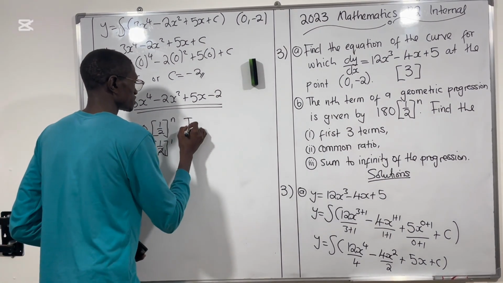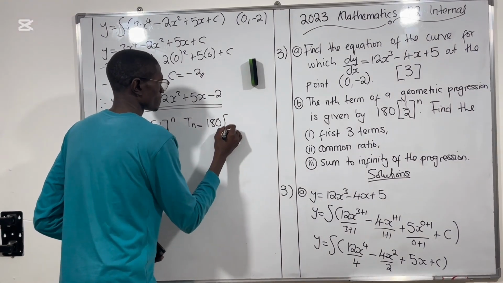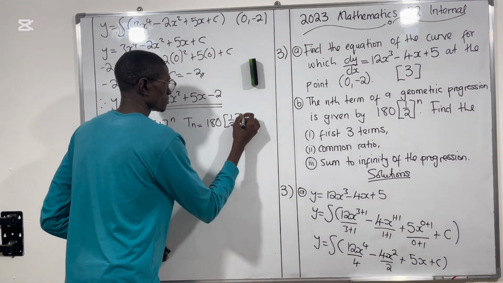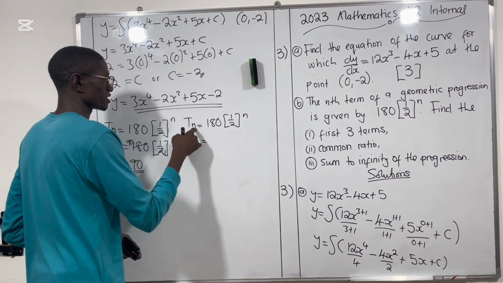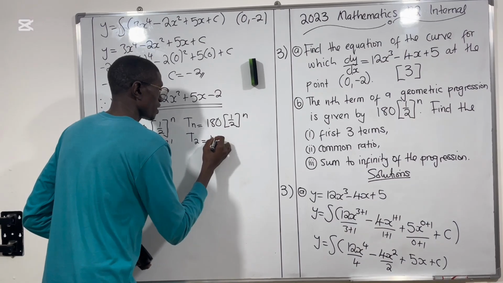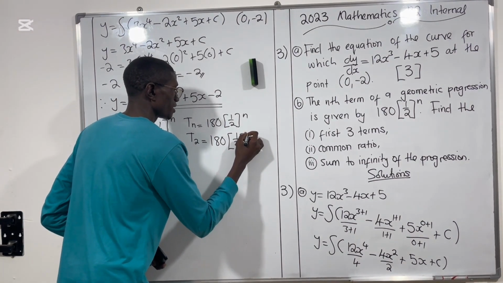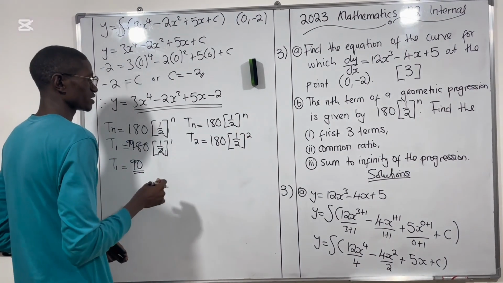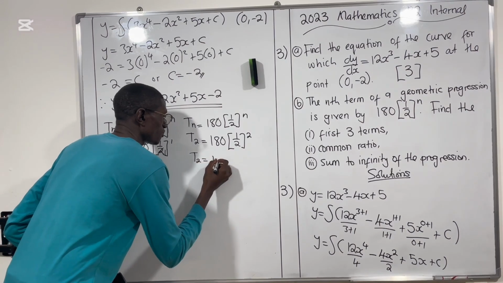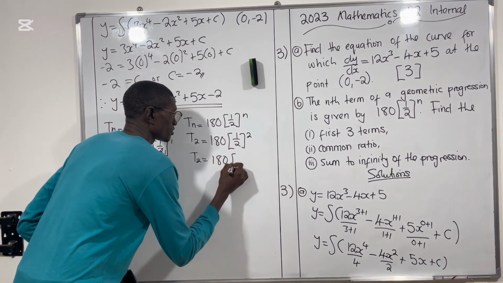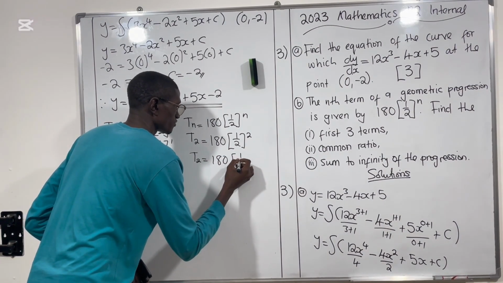We come to the second term. So we're going to say Tn is equal to 180 1 over 2 to the power n. Since we're finding the second term, we're going to put a 2 where there's n. And then we're going to say 180, open square bracket, 1 over 2 to the power 2, since we're finding the second term. Then we can simplify. T2 is going to be 180, open bracket, 1 raised to the power of 2 is just going to give us 1,